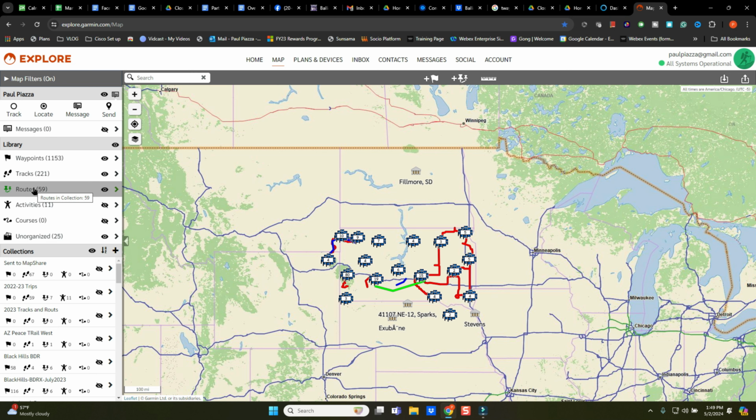Routes show up here really well in the Explorer, but tracks do not. So you can see mostly I use routes in this. I wish Garmin would increase the usage of tracks on here. I think it's just a limitation of the amount of data that could be shared over the web. But I think Garmin should invest in that area, in all transparency.